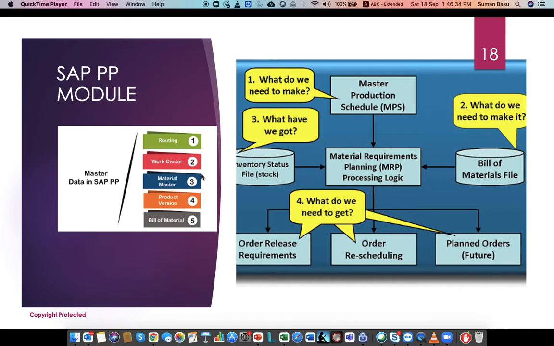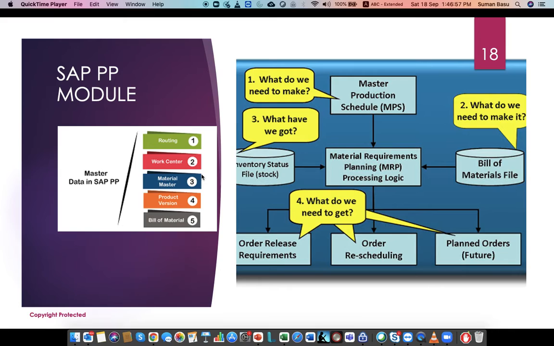We write the route of the particular item. So we choose one finished good. For that finished good, however many routes are required, those routes we write as master data. Then the second master data is called work center. Work center is nothing but the individual machines I explained just now.